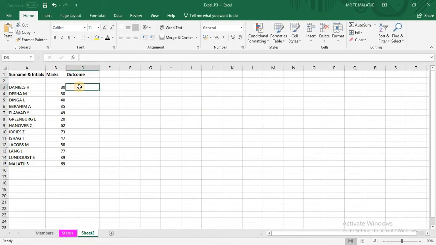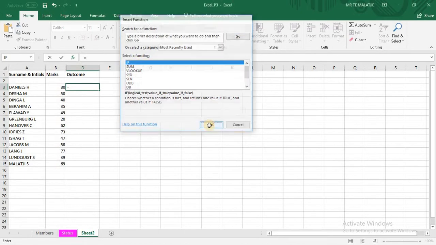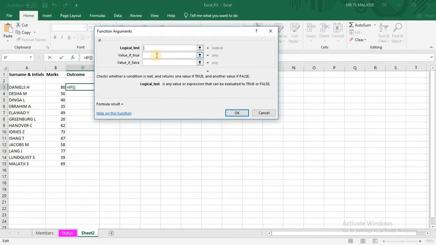Firstly, we'll go on the first person, which is Daniel's age. We click on equal sign, we go to fx, then we search for if function. There is if, then you press on OK. The logical test is we are going to be using the cell reference. Cell reference, we just click on the mark, which is B3. Then you click on shift greater than or equal to, then you write 50,